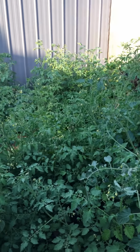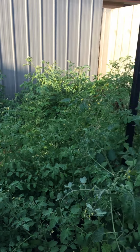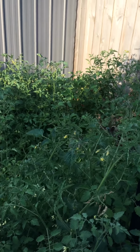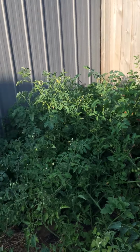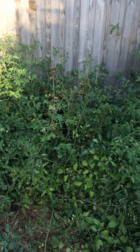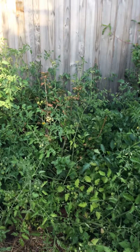As you can see through here, it's just a forest of tomatoes. I can barely even walk through, actually. It's that crazy. None of these are planted. They all self-seeded from compost. So I've just let them do their thing, and we've got a whole lot of different varieties